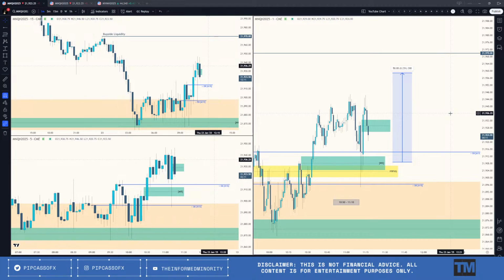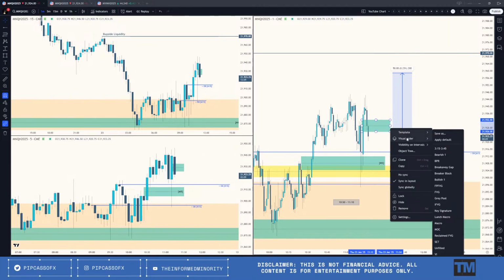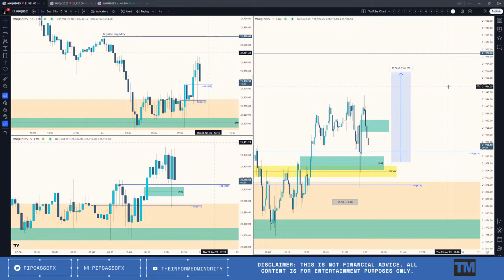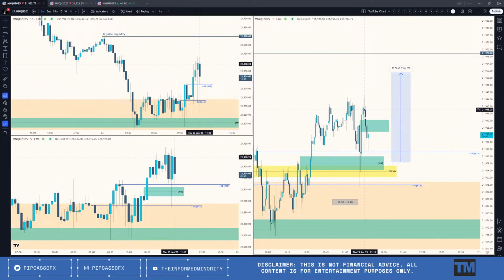Oh, this needs to be on this chart only. Yeah, I'm not a fan of that right there. I mean, we are hitting the bottom end of yesterday's first presented fair value gap, but yeah, this is wild right here. I actually prefer that I took the loss earlier because it was better. If I'm gonna be honest, this trade right here, man, this would be ridiculous. Come back down here, come up, failed, and come down here, even if it goes all the way up there, still that is ridiculous.